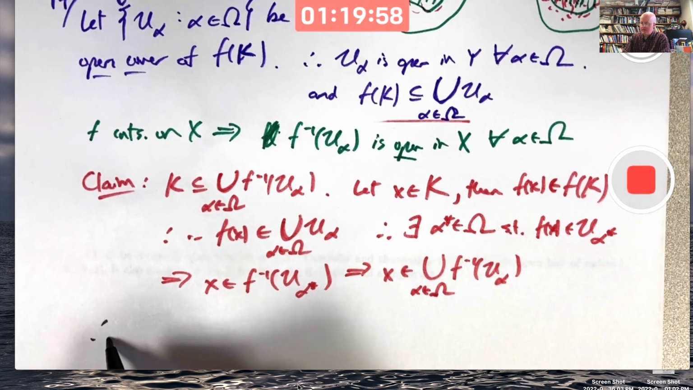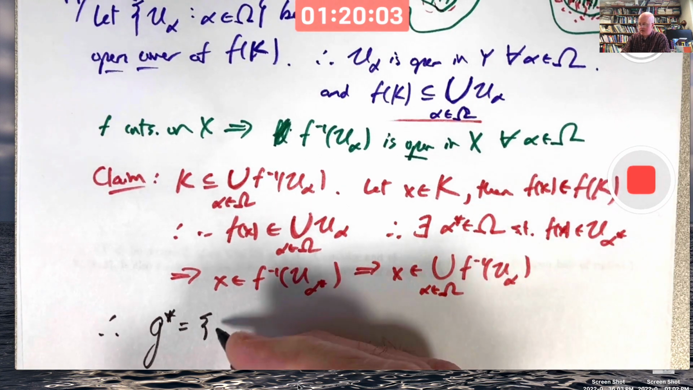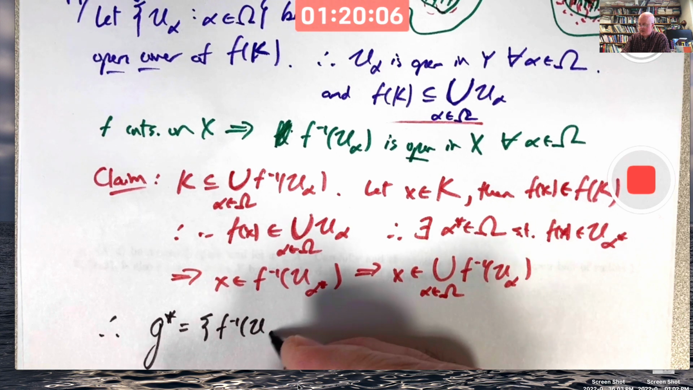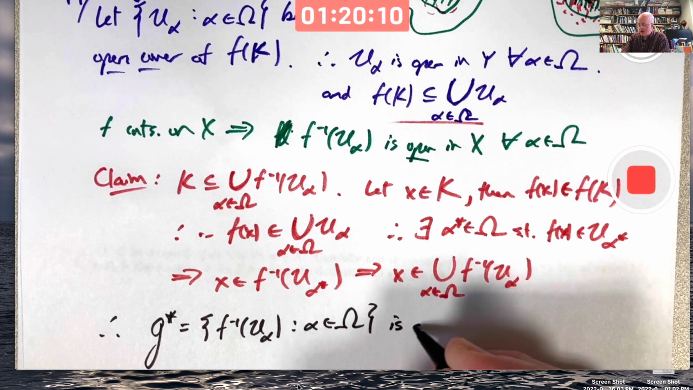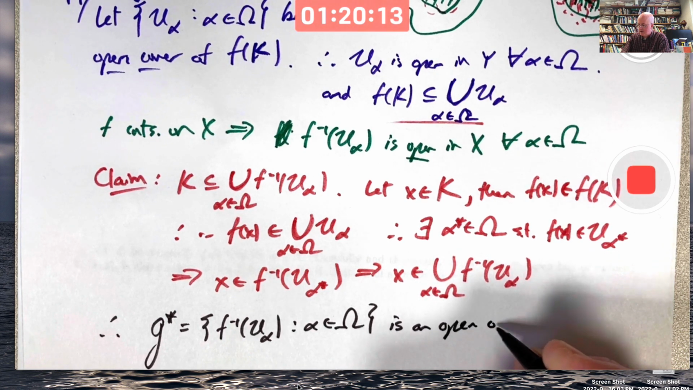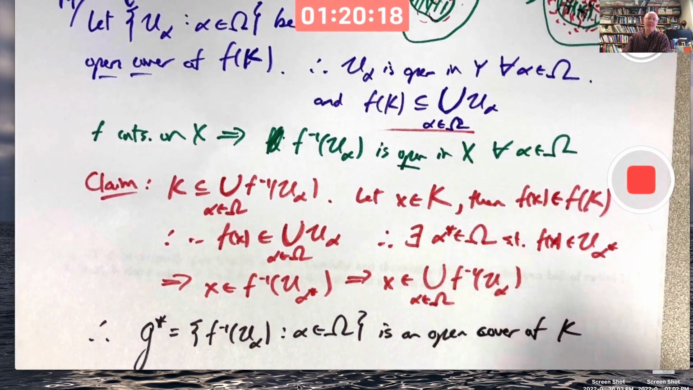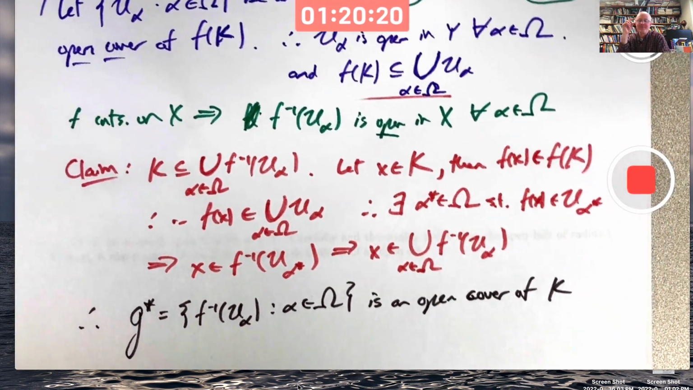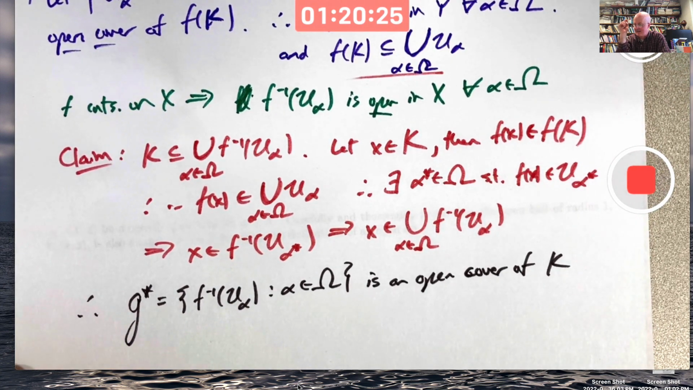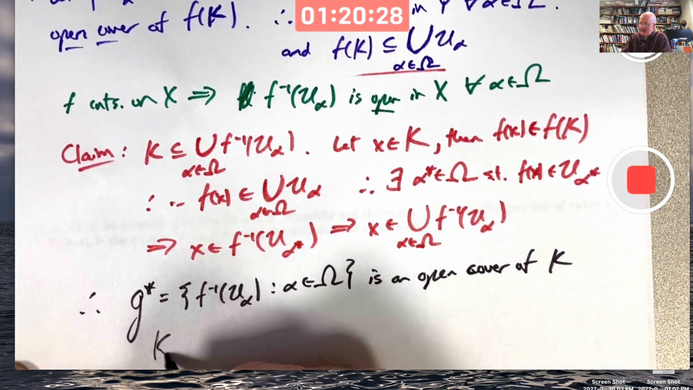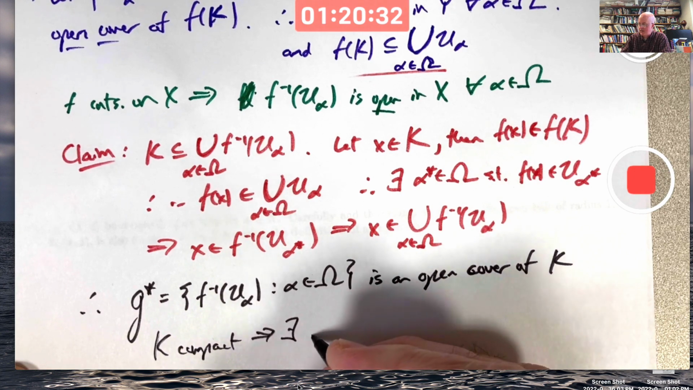Therefore, the collection G star of all preimages of all the U alphas is an open cover of K. I get to use the fact that K is compact. Take it step by step. I want to use the fact that K is compact. I'm assuming that. K being compact implies there exists a finite subcover